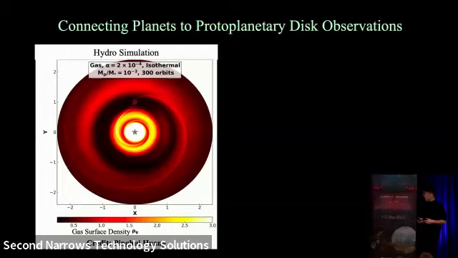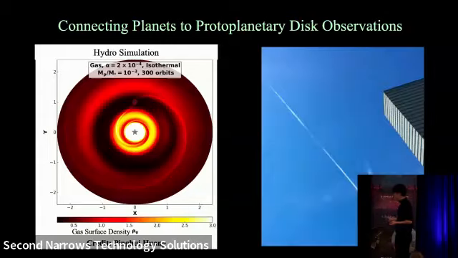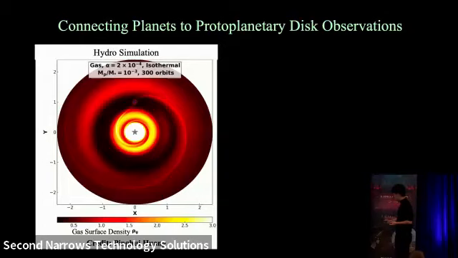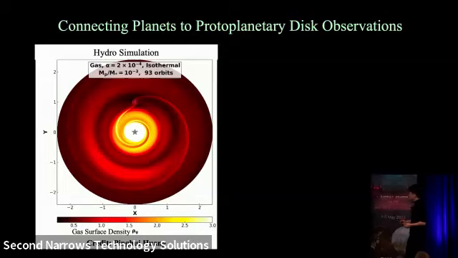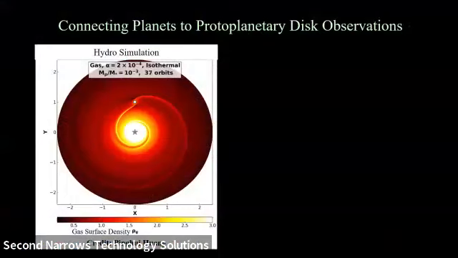So here I'm going to show you a movie that will give us an idea of how this process looks like. This movie is from a hydrodynamic simulation and will show the time evolution of the surface density in a disk perturbed by a 1 Jupiter mass planet here. The movie will be in a frame co-rotating with the planet. So let's start the movie. All right, so once the planet forms, it quickly launches a bunch of spiral-shaped density waves, and then the planet removes material from an orbital region to open a gap, a low-density annulus structure, and then the inner and outer gap edges become